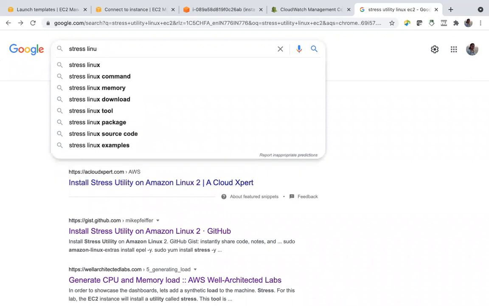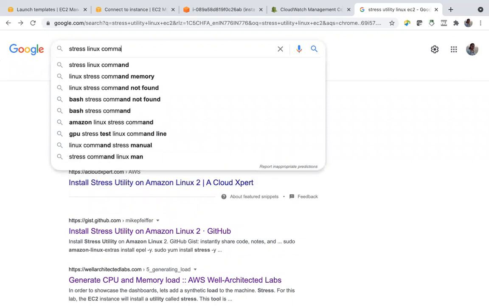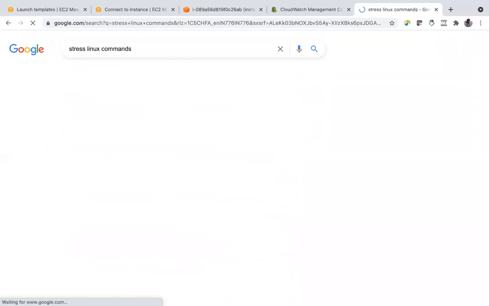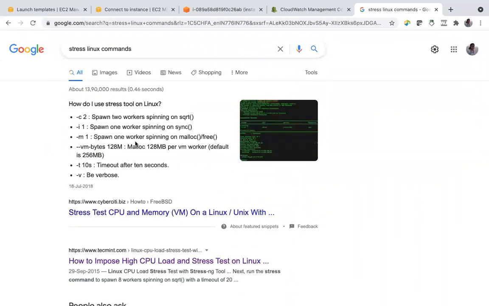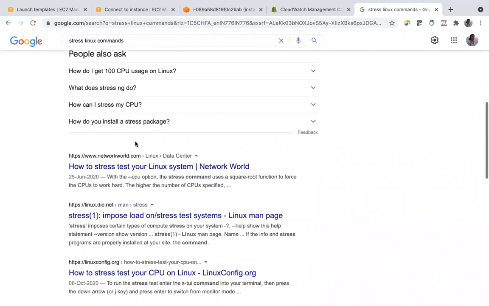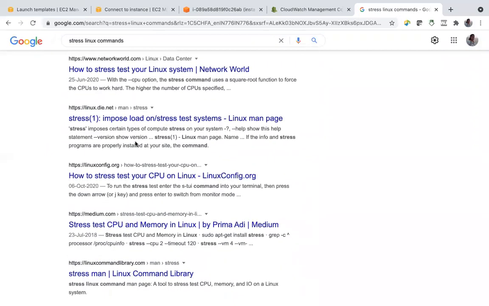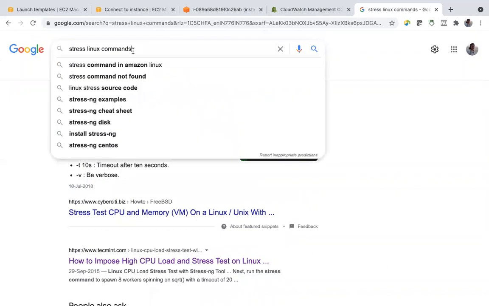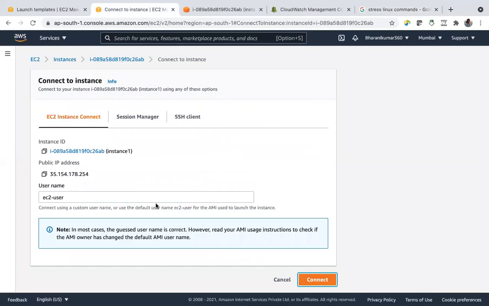Linux commands. So you can find this in AWS documentation itself. Let us look into AWS documentation.